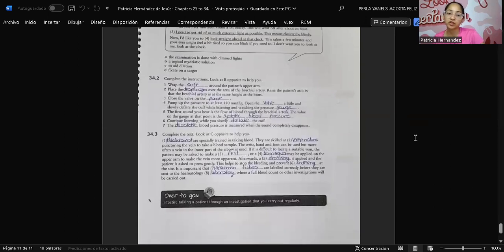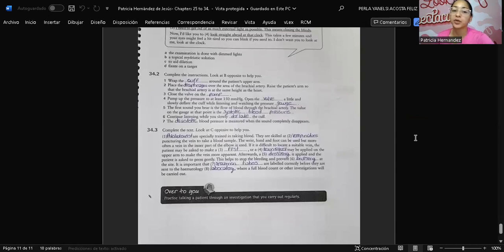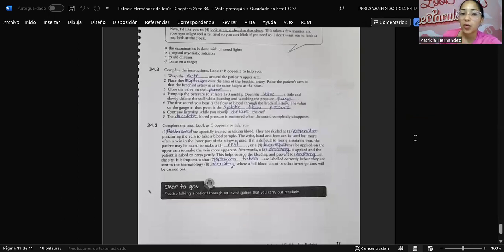34.2, complete the instructions. Look at the table opposite to help you. Number 1, wrap the cuff around the patient's upper arm. Place the diaphragm over the area of the brachial artery. Raise the patient's arm so that the brachial artery is at the same height as the heart. Number 3, close the valve on the pump. 4, pump up the pressure to at least